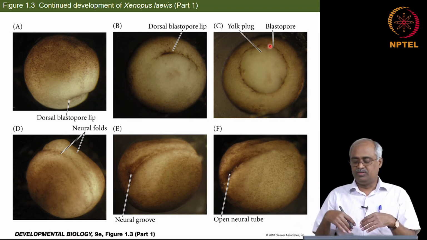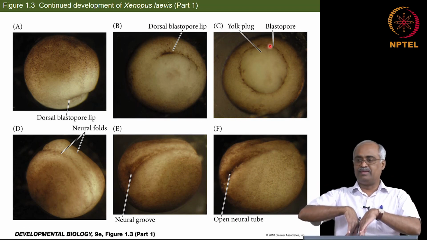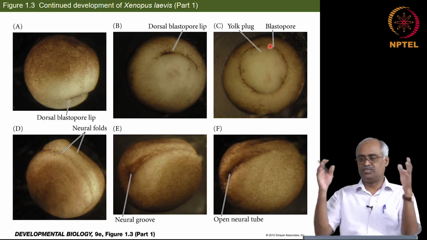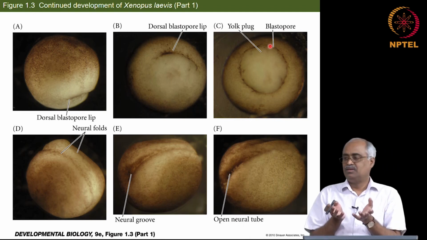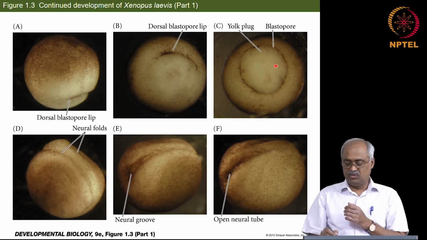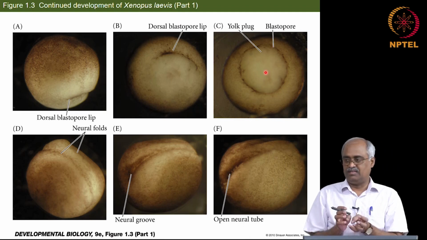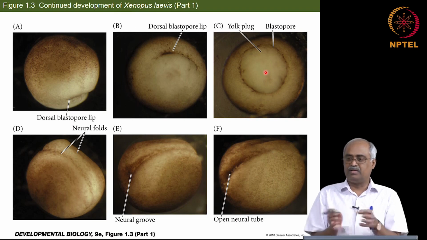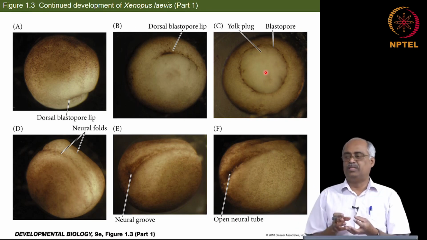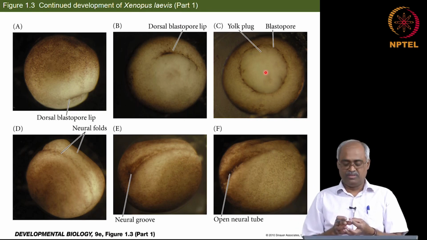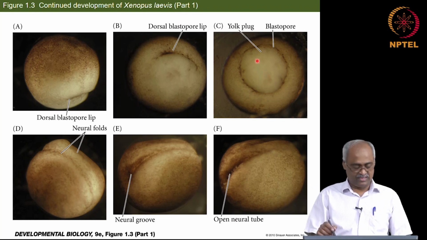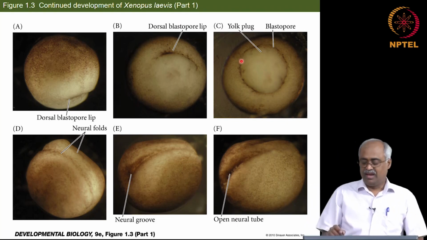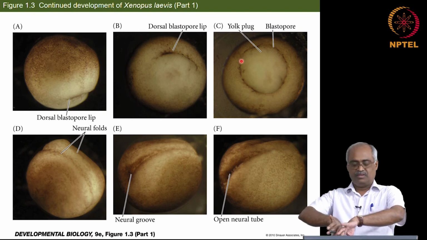Okay. And those cells that move inward are the ones that are going to form the mesoderm, and the cells that stay outside at the end of gastrulation are going to be the ectoderm, and the yolk-filled cells that are internal to the cells that are moving in are going to be the endoderm. So, that is what is going to happen. Next movie, when we are able to play, you can see this process happening, and once this ends,